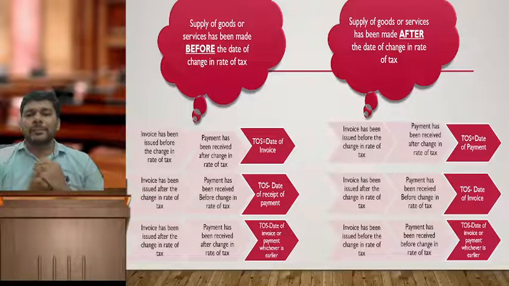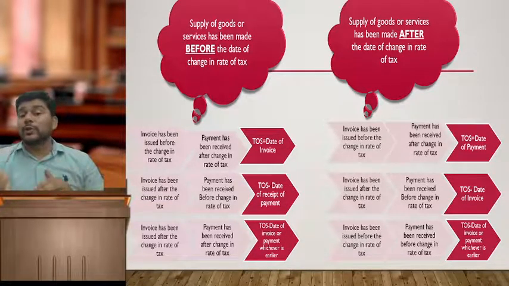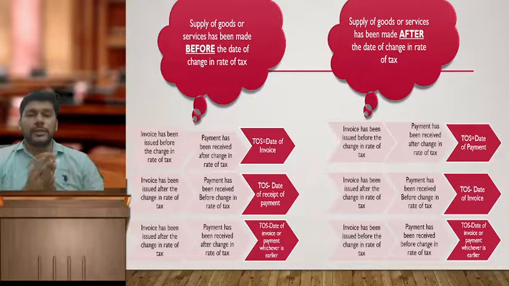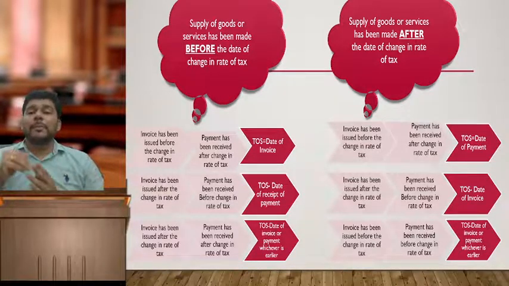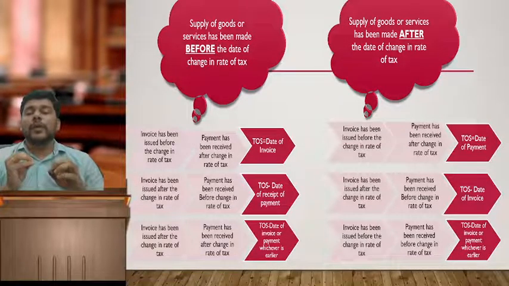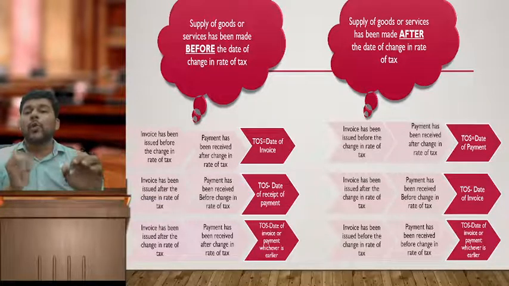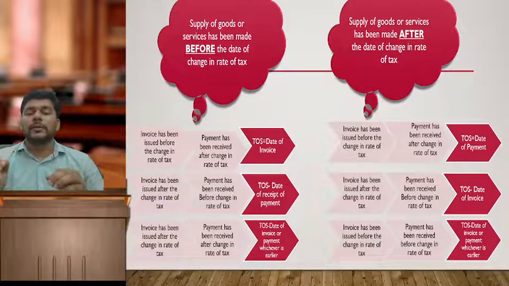So now what has happened? My taxable event took place before the change in effective rate of tax, as well as my invoice was issued before the change in effective rate of tax, but only my payment is going to be received after the change in effective rate of tax. In such case, my date of invoice will be considered as the time of supply. And since my date of invoice is the time of supply, and since it is appearing before the change in effective rate of tax, my old rate of tax, whichever is currently applicable, will be considered to be applicable